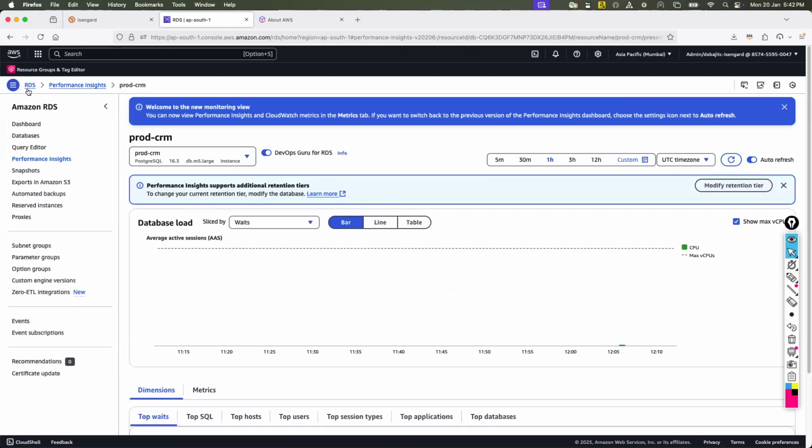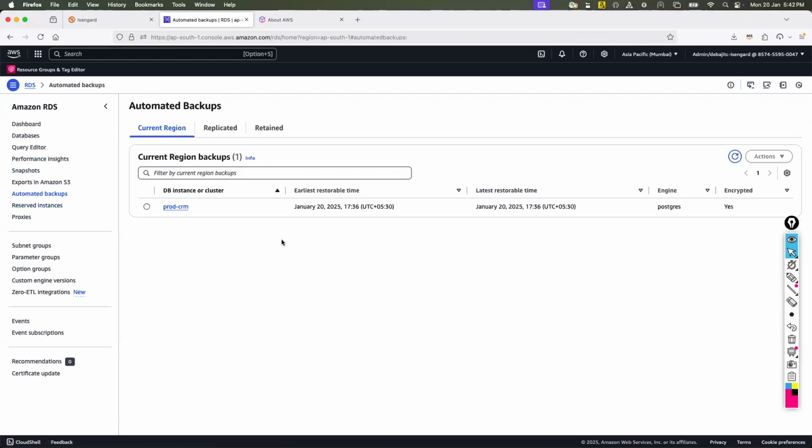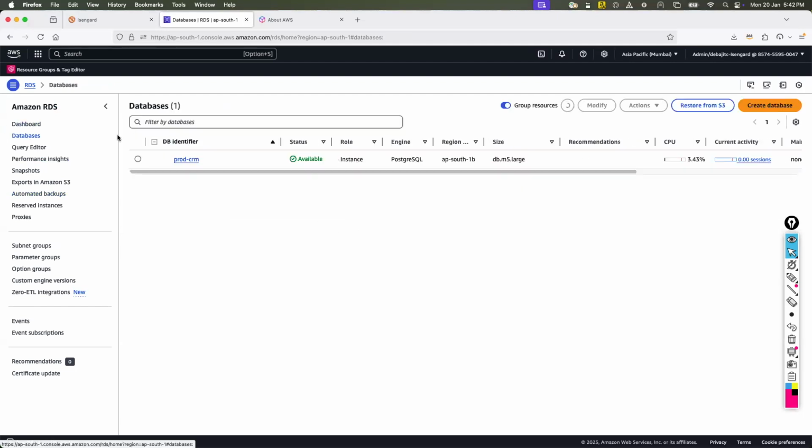And now if I go back to the earlier stage, you see there are other options like the snapshot. I can explain the snapshot very quickly. A snapshot is nothing but a database backup in AWS. So you can do the backup operations manually or automatically. If you would like to go manually, all you need to do is take the snapshot. And if you'd like to do it the automatic way, then the automated backup will be on, and automatically at a particular time, AWS will take a backup for you. Okay, so that's about the databases.